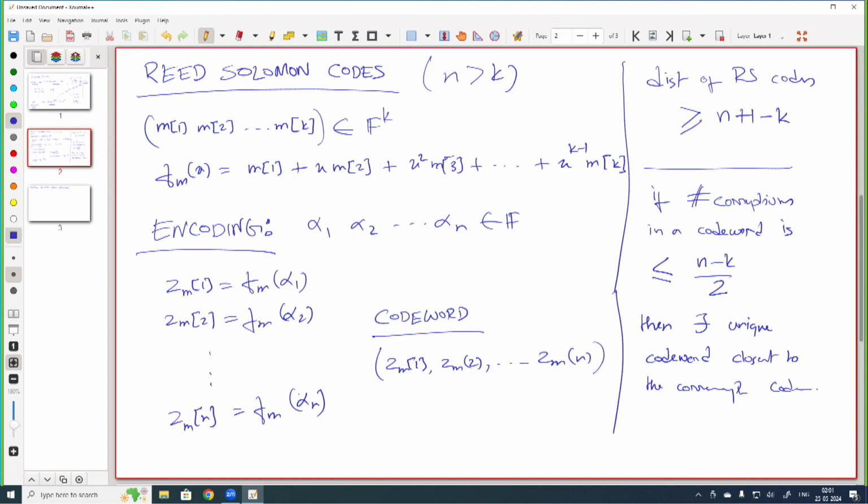Whatever you received, you are guaranteed that it is correct. Certain other things that you did not receive were erased. It is not corruption; it is erasure. So, when your errors are erasures, you can actually decode, like you can uniquely recover up to a much larger amount of this thing, right. You could have tolerated corruptions only up to this limit, but you could tolerate erasures up to double of this,